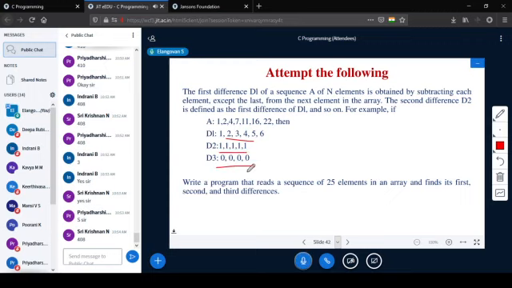Okay, write a program that reads a sequence of 25 elements in an array and finds its first, second and third difference. It's simple. What logic can you build for this?